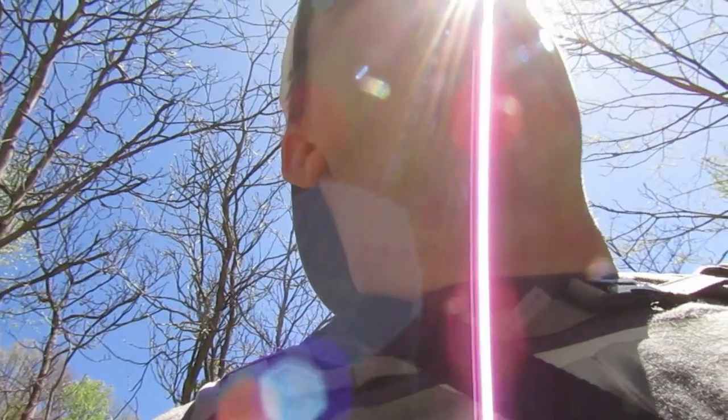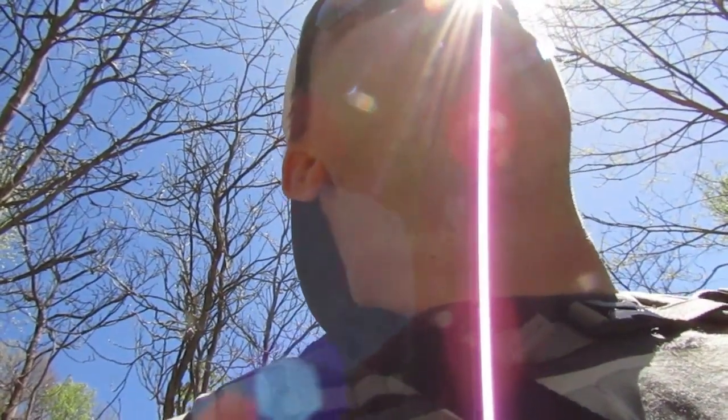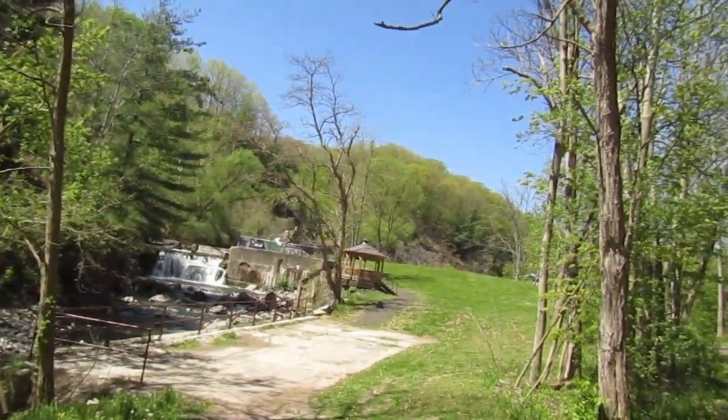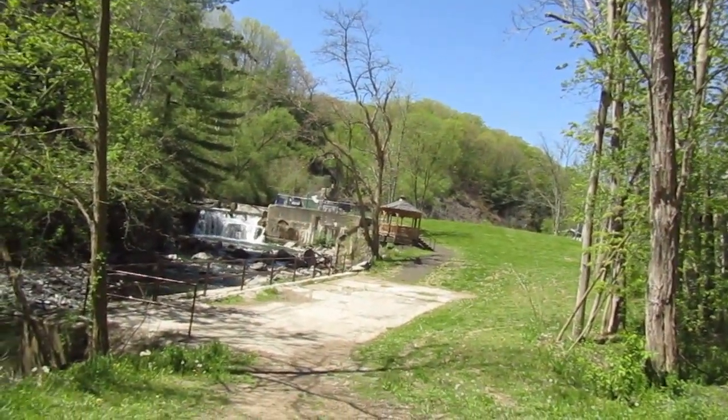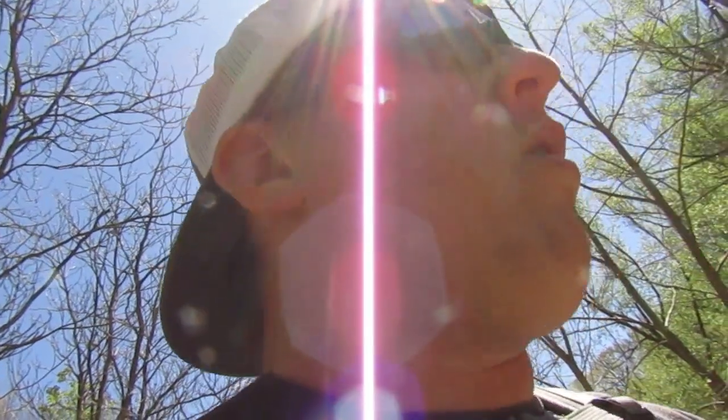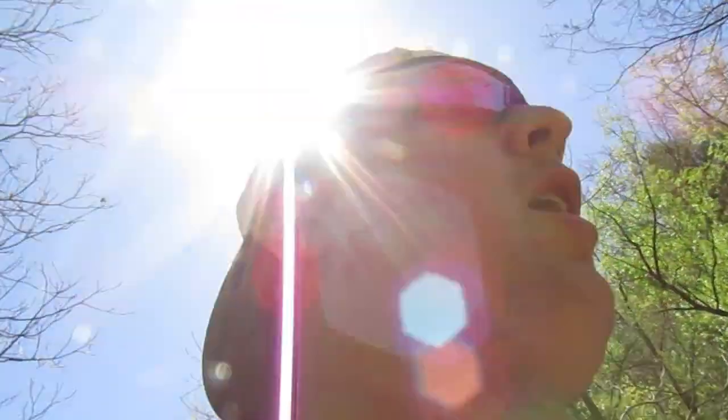Completely unrecognizable. I mean, they cleaned it up really well. I'll give them that. But it used to be a whole, whatever was left of a big building here. I mean, down through here, they were tearing out buildings left and right. I don't know whether it was to clean it up or to keep people out of trouble, or a safety issue and whatnot, but